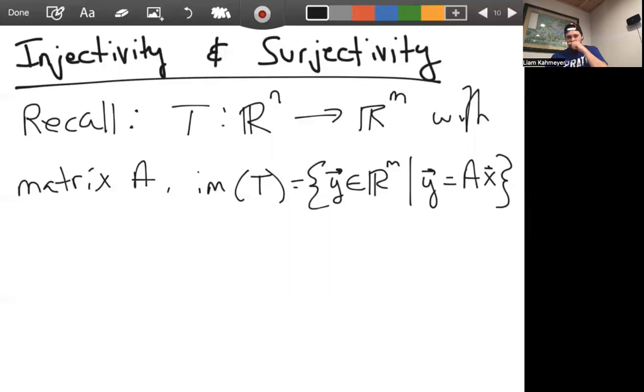What this means is the image of the transformation is a subset of the codomain